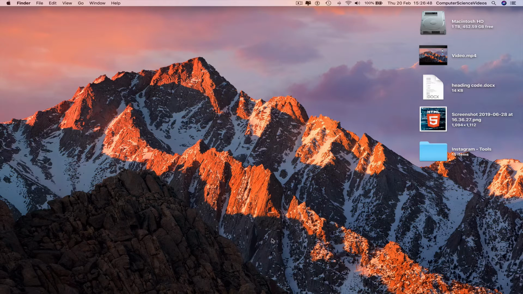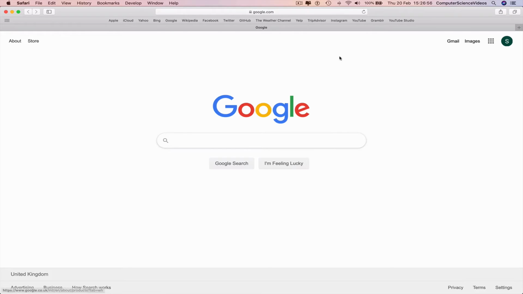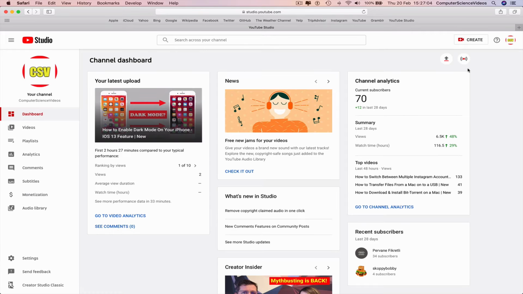So in this tutorial, you need to have access to a Mac computer and a YouTube account. So we can now go all the way down to the dock, go to the web browser, which is Safari in this case, and go to YouTube Studio. We have a shortcut on the toolbar, or we can physically search and type and click. Go to YouTube Studio, make sure you're signed into the account, and then go to the left hand side bar,